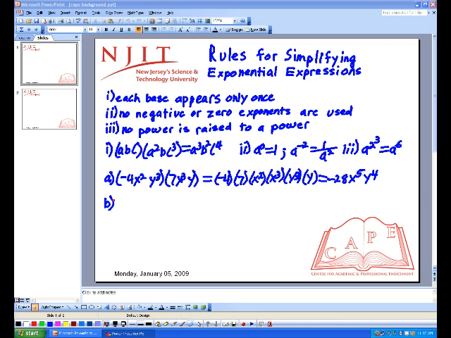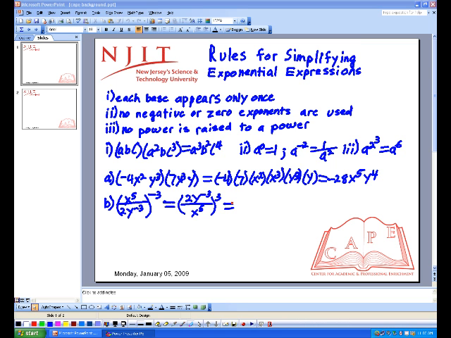For another example, let's take x to the fifth all over 2y to the negative third, all to the negative third. Let's do the outside first. Let's get rid of the negative. So all we have to do is flip the fraction. So we have 2y to the negative third all over x to the fifth, all to the third,